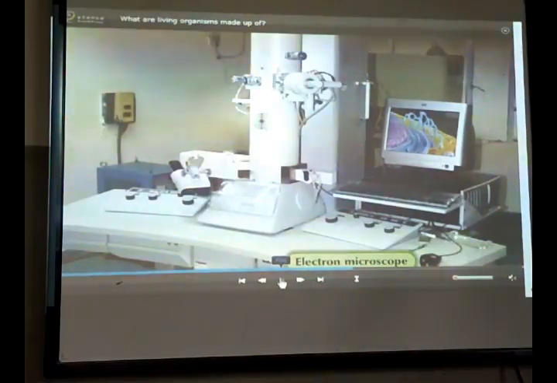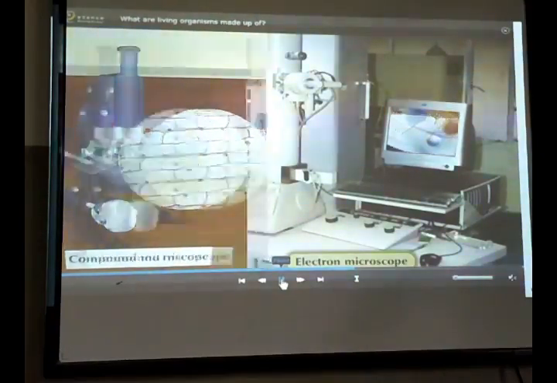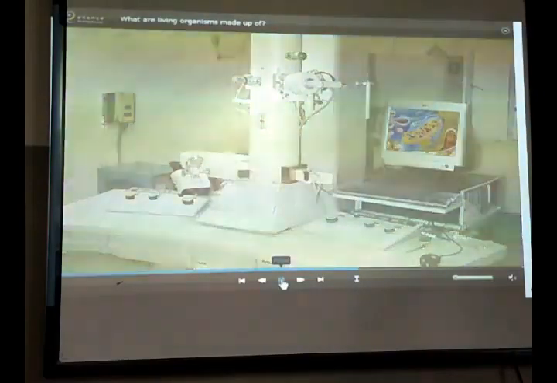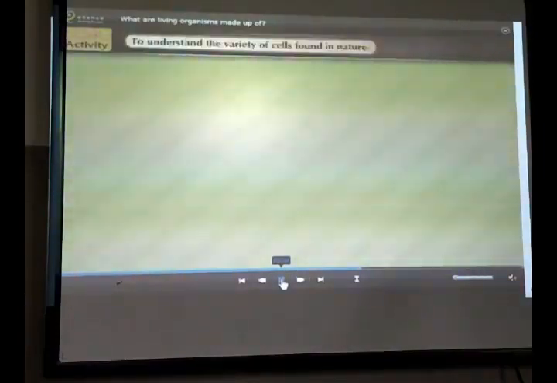Organelles have their own functions, and within the cell they are functioning. So what is the complex structure and how do they function? It became so easy after the electron microscope. As you can see on the screen here, the electron microscope is showing different pictures, you may say images of cells. This is a type of compound microscope.